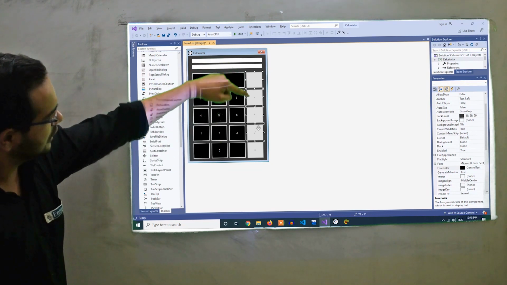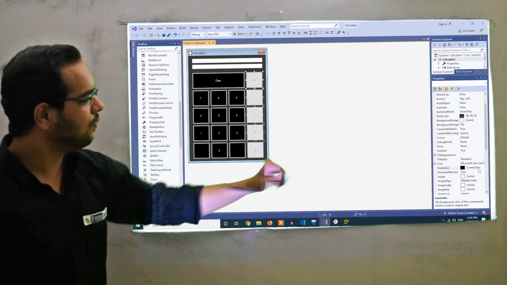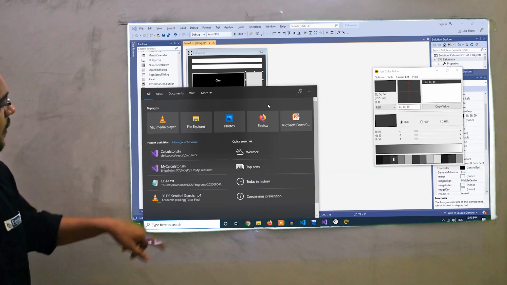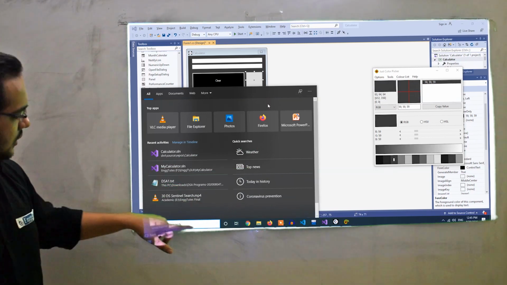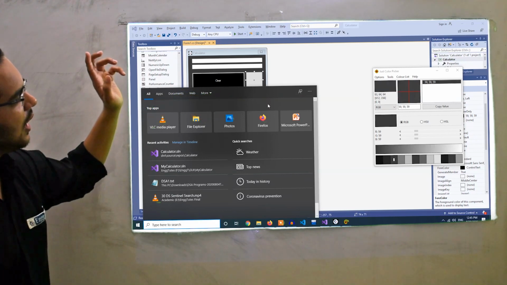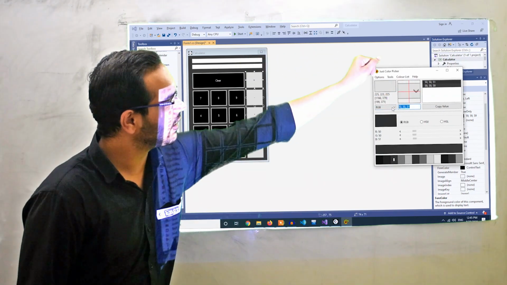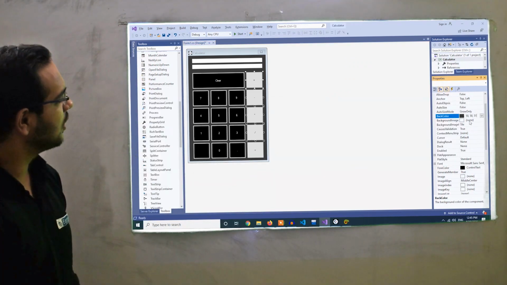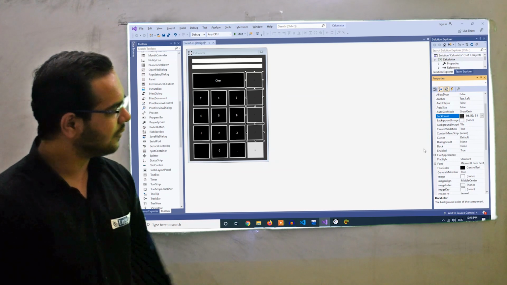So select these four elements. Now what do we want? We want gray color. We have a gray color in our start menu. So let's open the color picker, move the mouse to this color, and press Alt X. Yes, we have that color. Just select that color, copy, and paste it as the background color for all our operations. Perfect. And the fore color will be the same white color.